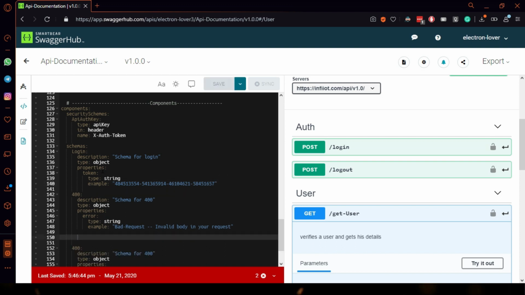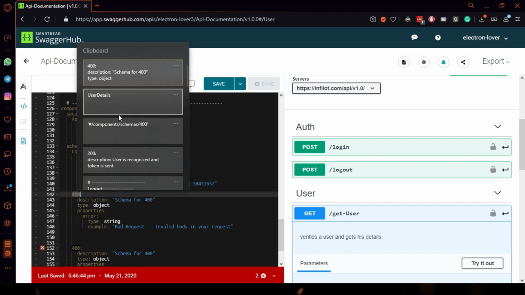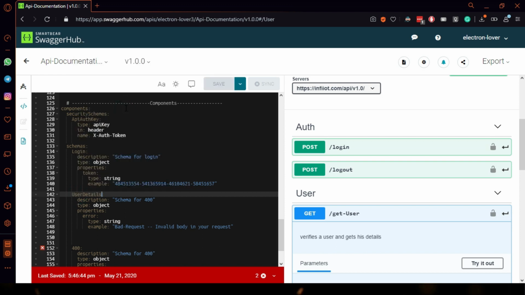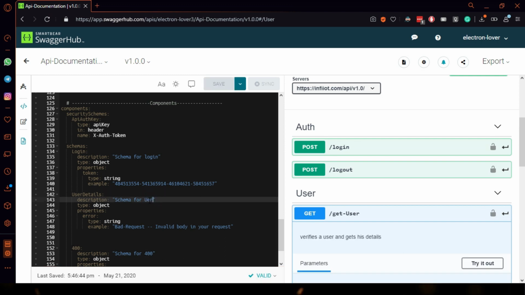Change the name to user details. Change its description to schema for user. The response will be an object only. Let's add all the properties.